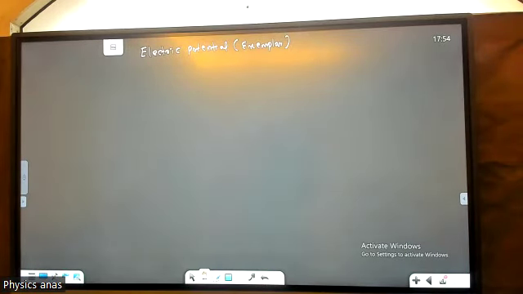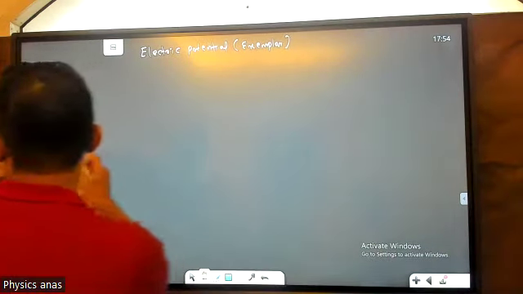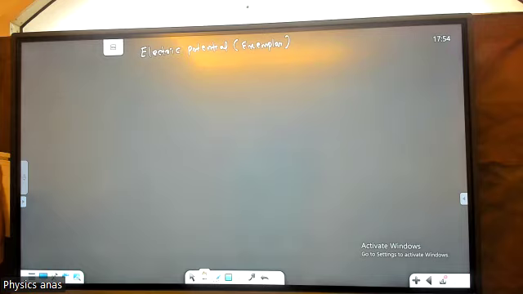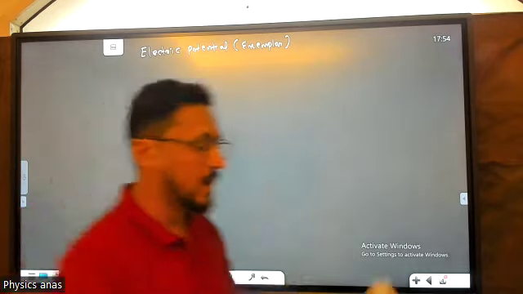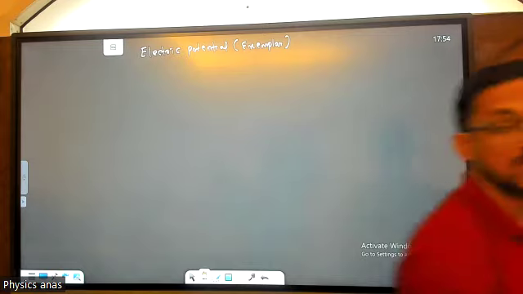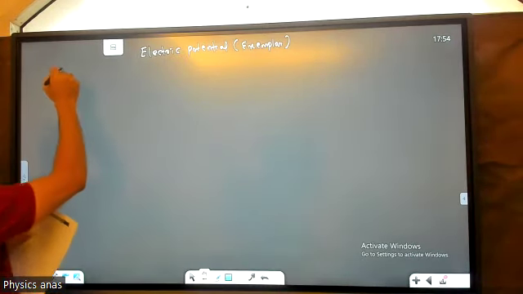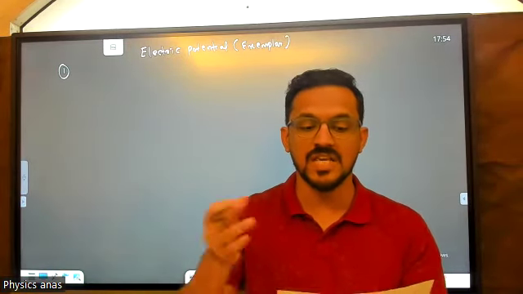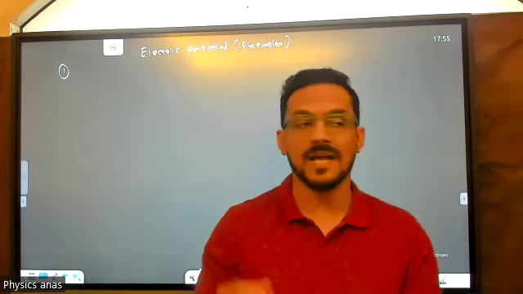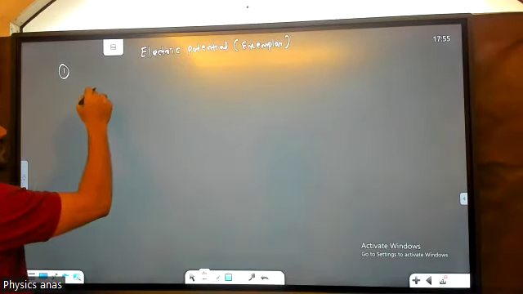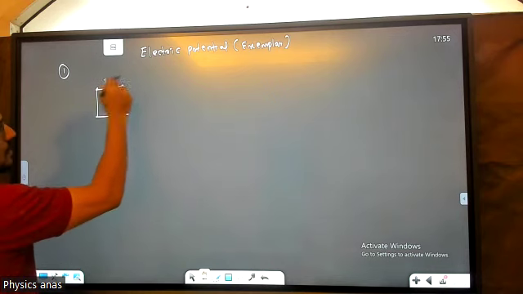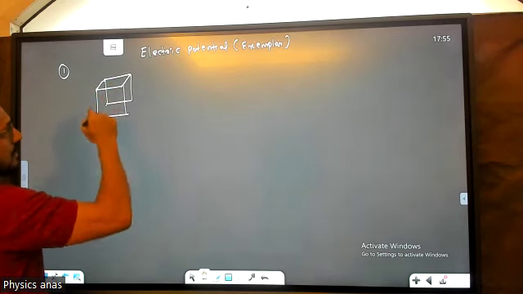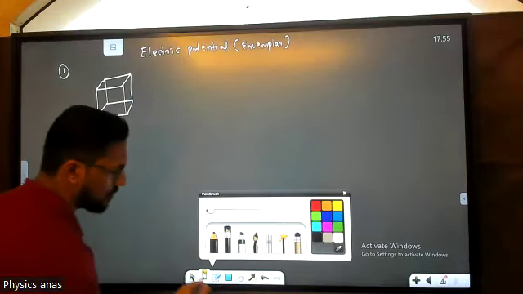Then look at the first question. Read the first question. What is the first question? A cube of side B has a charge Q at each of its vertices. What are they saying? There is a cube, right? Yes, sir. There is a cube, and in that cube,